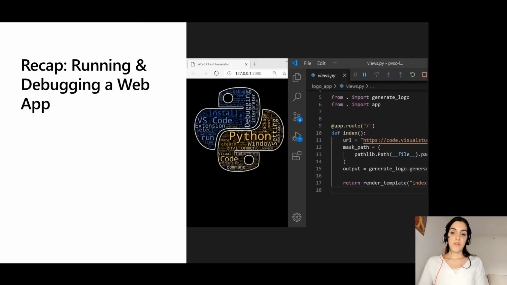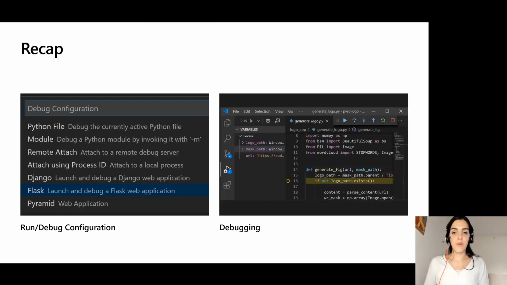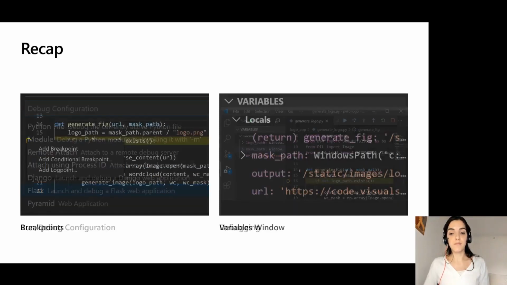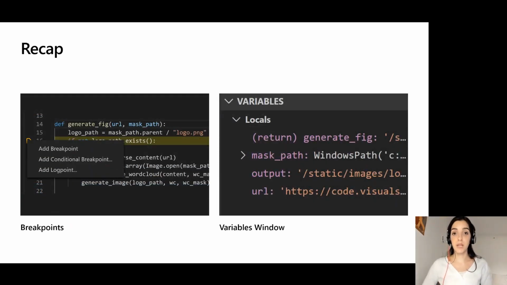Awesome, so a brief overview of what we've just seen with web development. You've seen how you can run and debug your applications by configuring them, and the Python extension has a preset of configurations. We've seen how you can do it for Flask and configure it to have live reloading support. We've seen how you can use the debugger to debug your application and inspect how your code runs line by line. We've seen a little bit of regular breakpoints, but also conditional ones that